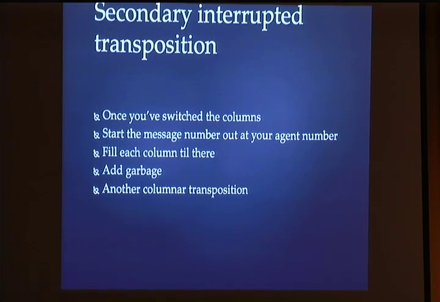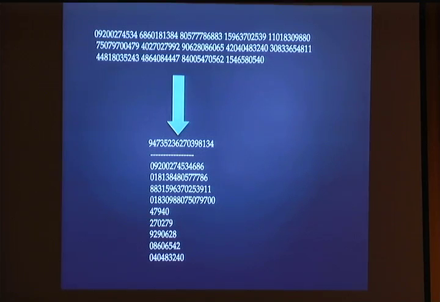Once you have this one thing, you grab it and put it back into a message where your agent number is back in, fill the column, and add garbage. So I'm going to show you a picture and explain it a little better. Let's say the top thing is our encrypted message. The second, the message, so the number is the key, is numbers from way back when. It's actually part of the Fibonacci sequence from before. You then start with the length of your agent number. You take your agent number, make a string that long, and then one more, then one more, then one more,